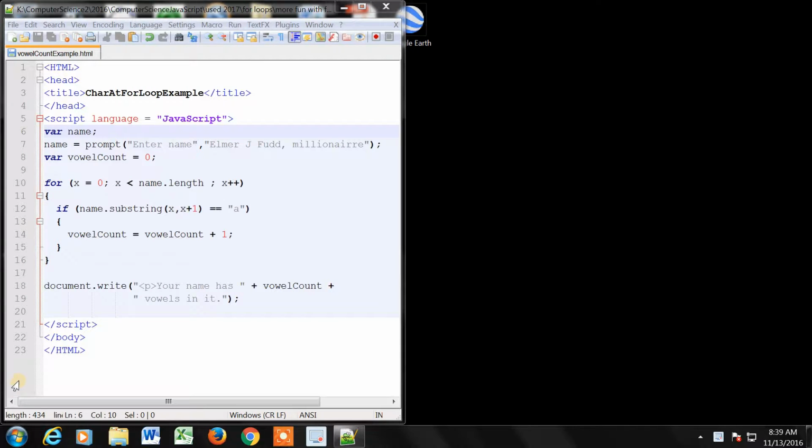I want to write a program which will count the number of vowels in somebody's name that they enter. So here's what I have so far. I'm prompting somebody to enter a name, and this is the default, Elmer J. Fudd Millionaire. Those of you who have ever watched Bugs Bunny, perhaps you might know the reference. And then I have a variable called vowel count because I'm trying to count how many vowels are in something